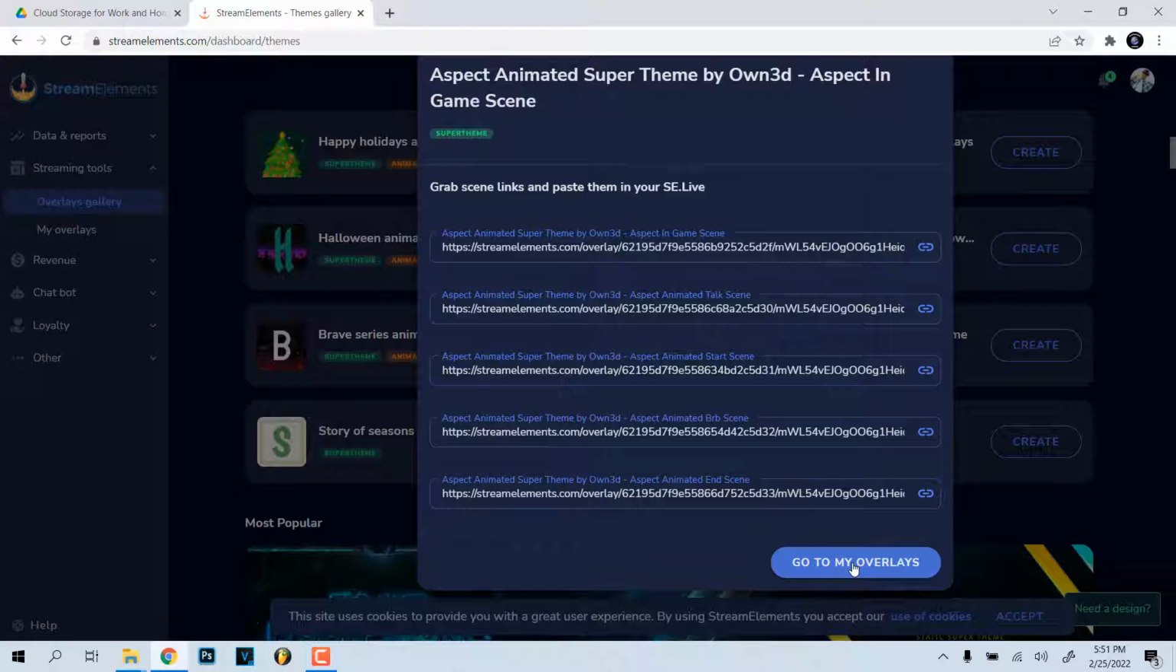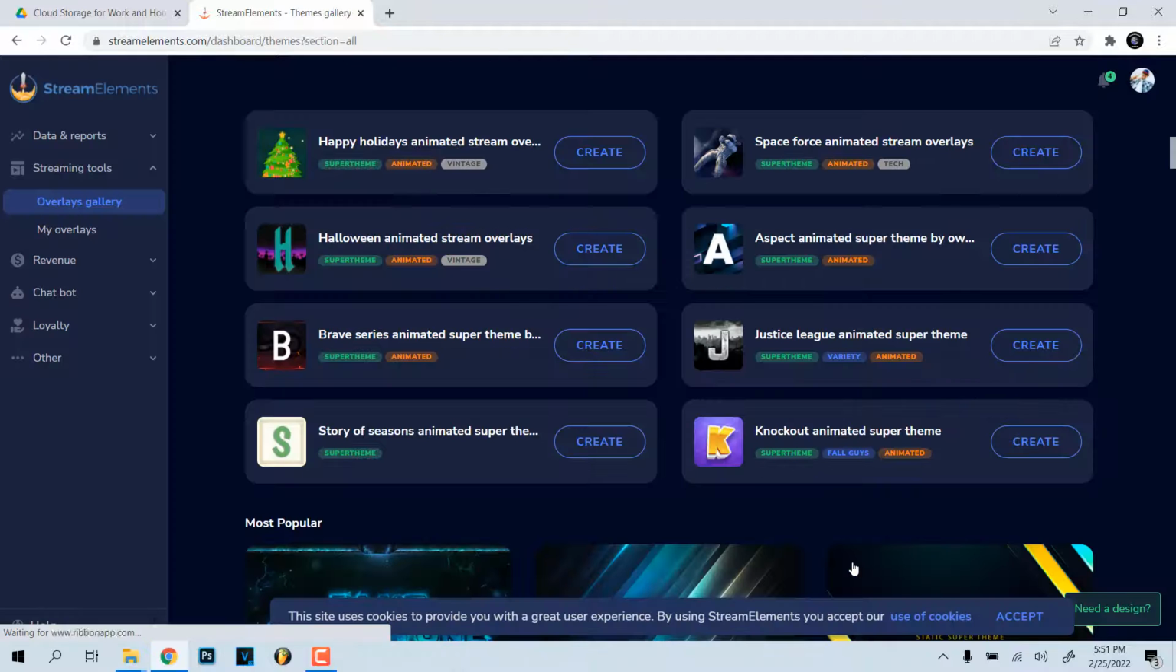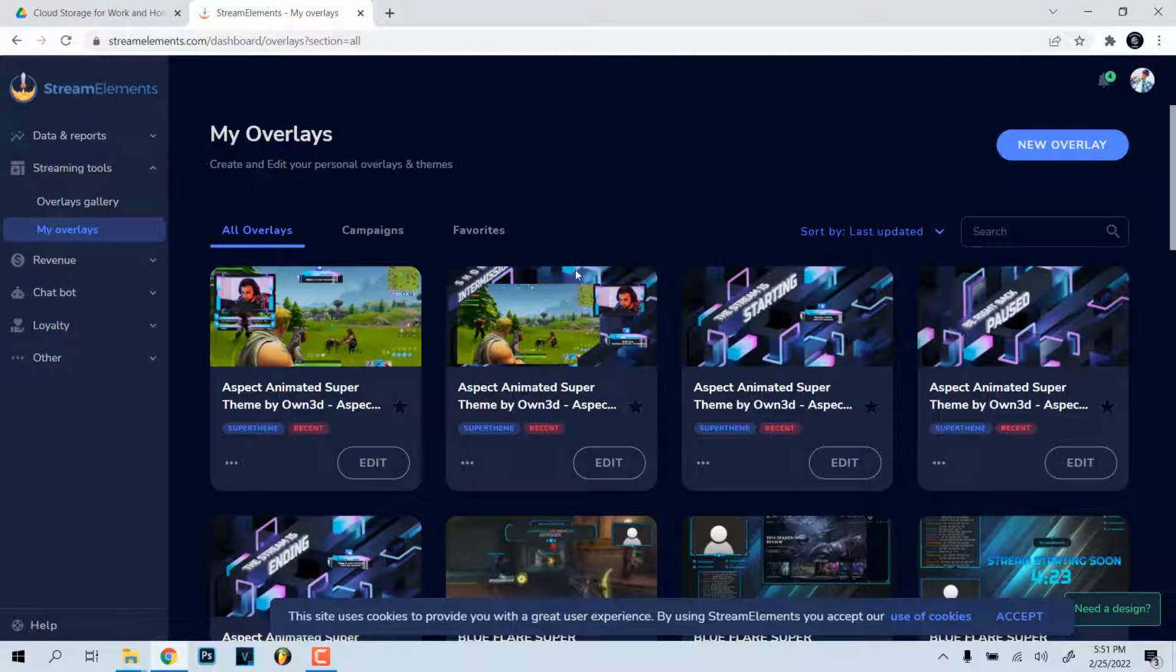Because it's a bundle. So we're gonna go to my overlays, and as you can see, it loaded them there, the 5 from that pack we were just looking at. Now, for example, if I want to use this one, I can basically go here and copy URL. But if you want to edit your thing before you do that, you can click on edit,